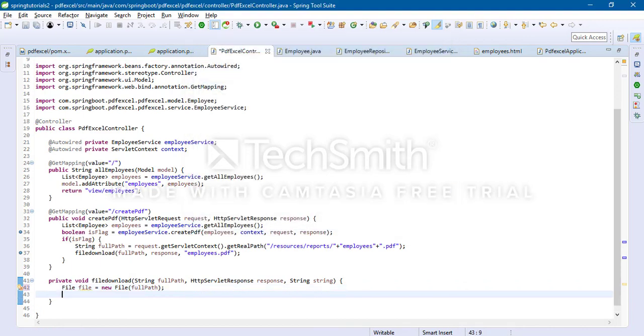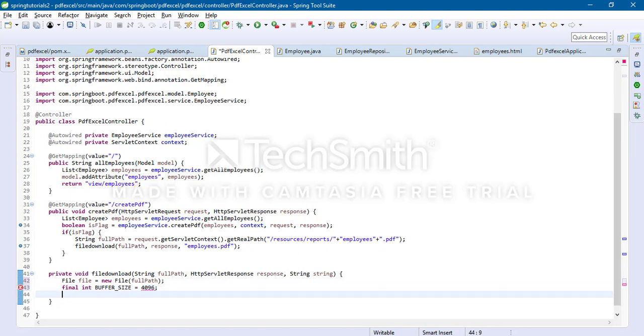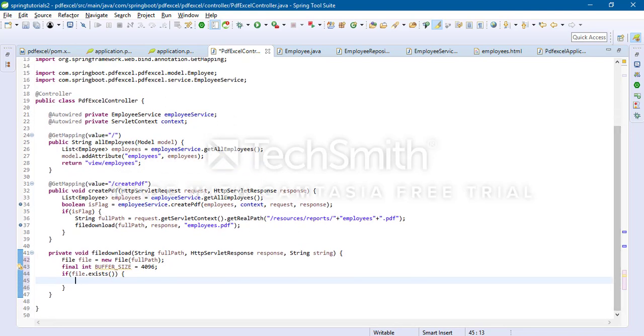After that I'm taking one buffer size, final int BUFFER_SIZE. Buffer size I'm taking 4096. After, if the file exists only you can download, otherwise there is no use. That's why I'm checking whether the file exists or not. If the file exists, I'm taking